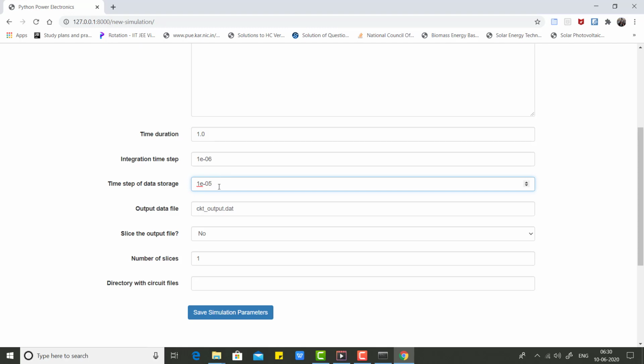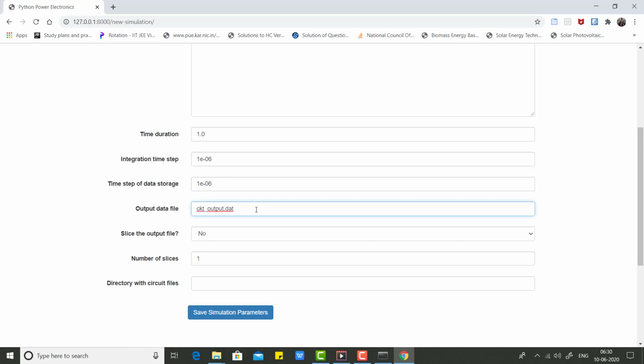If you want more data points, you can always keep it equal to the integration time step. But you have to be very careful here. If you keep on reducing it, your simulation would get slower. If you keep on increasing it, you can miss a lot of data points. So you have to be very precise with it. How do you get to that point? It is only by trial and error. If you are missing some data points, just try reducing or increasing the time step.